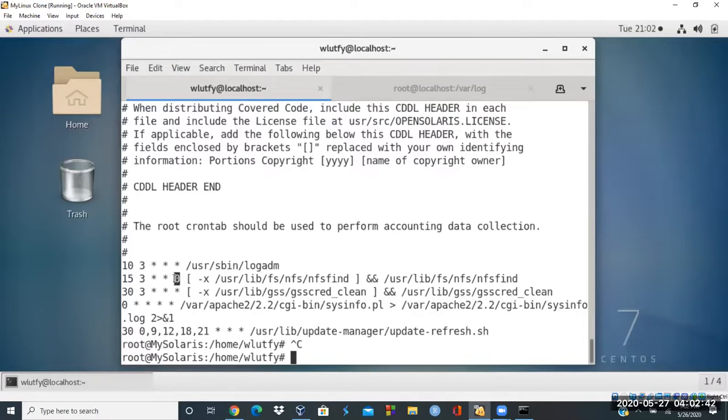So this script that is here checks for this, and if it is executable, then it runs this command every Sunday at 3:15 a.m. This one runs at 3:30 every day. This means every day of the week, every month of the year, and every day of the month. And this one is basically saying run it at 12 midnight every night, every day of the year,